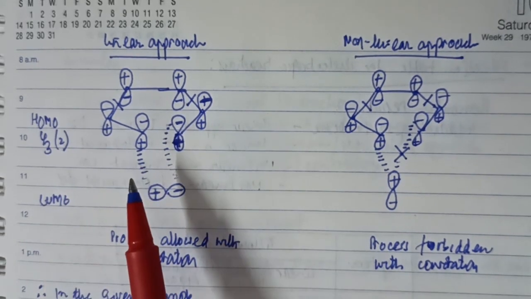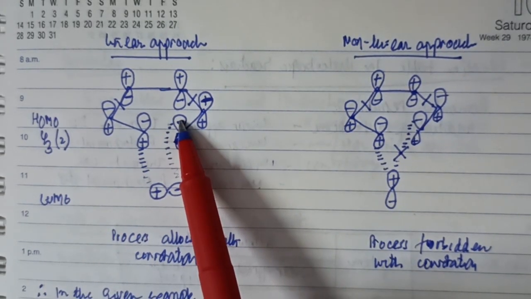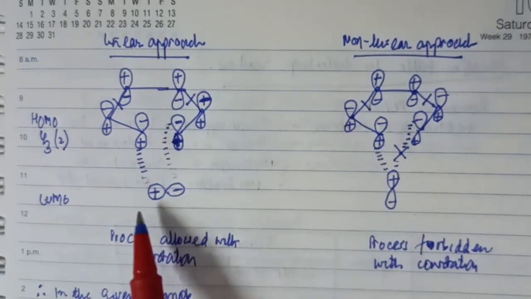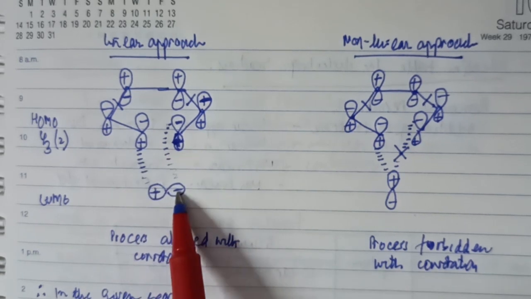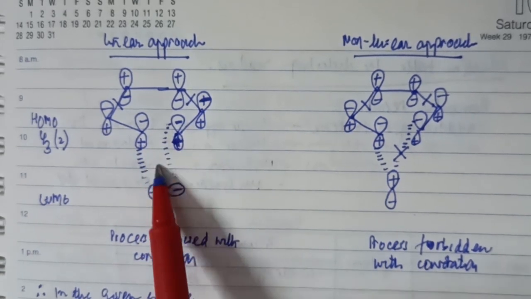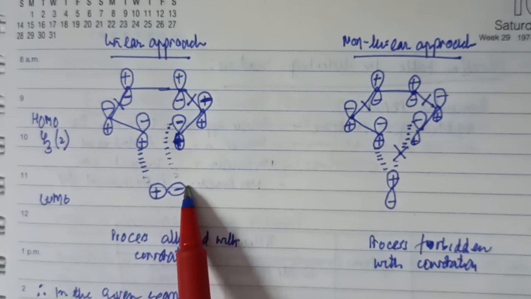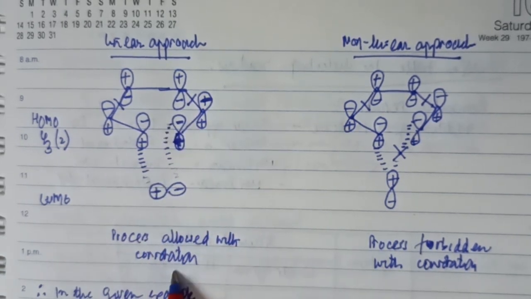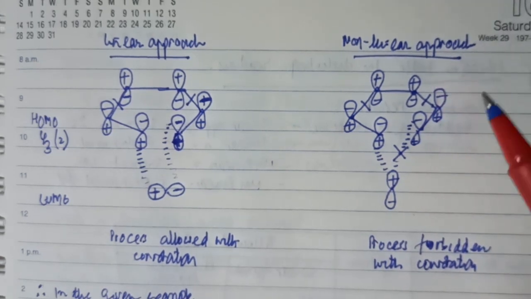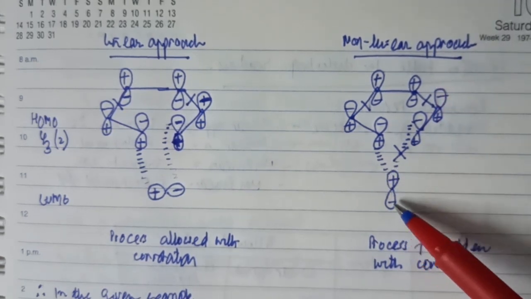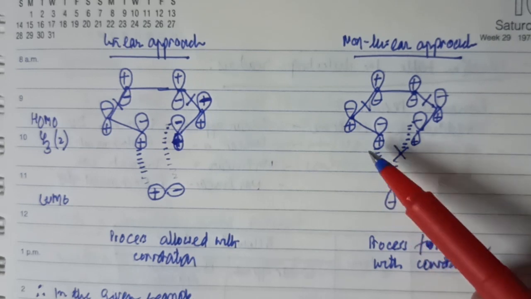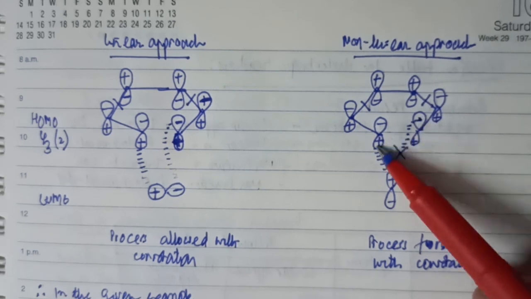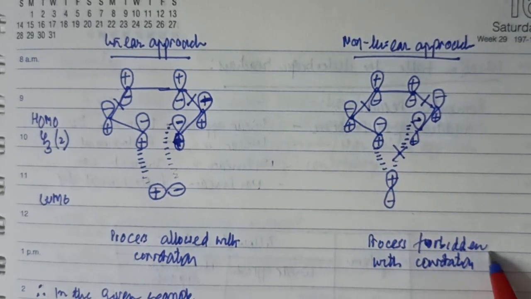Now, the process was conrotatory, that means this and this lobe are interacting. Now, while drawing the LUMO in the case of linear approach, do not directly face. Positive drawn here, negative drawn here, have a bonding interaction here, and with the conrotatory process there is a bonding interaction. Therefore, this conrotatory process as depicted in this orbital picture is allowed. And if you talk about the non-linear approach, the only difference is how you draw the lobe on the sulfur dioxide. It is directly facing. Once it is directly facing, this lobe is having an anti-bonding interaction with the conrotatory process. Therefore, this process is forbidden.